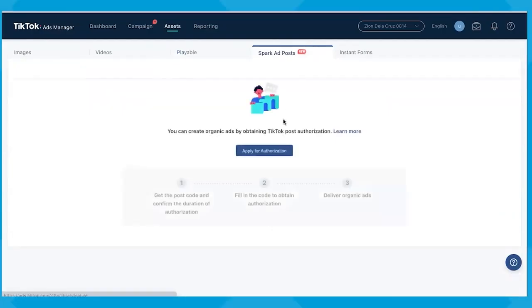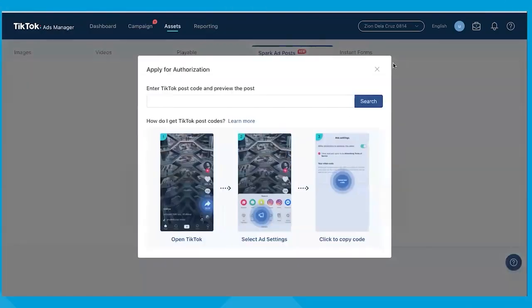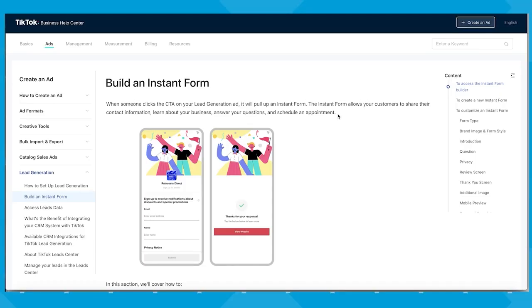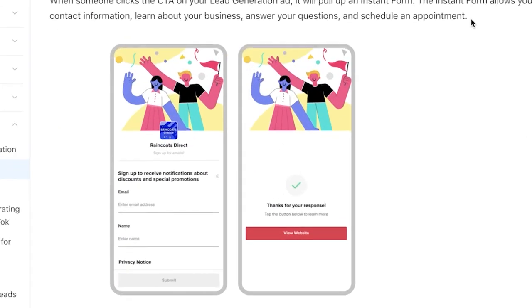Let's look at Spark ad posts. To run these organic ads, you need to obtain TikTok post authorization. You can apply for authentication by clicking into the Spark Ads Post tab. Here's where you'll get your instant forms. When you run lead generation ads, you'll use instant forms to collect the information that you're asking for from your audience. When users click the CTA, which stands for call to action, the instant form opens up and they can